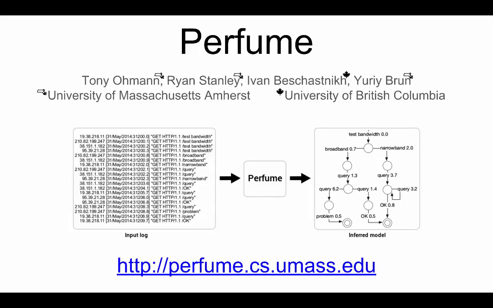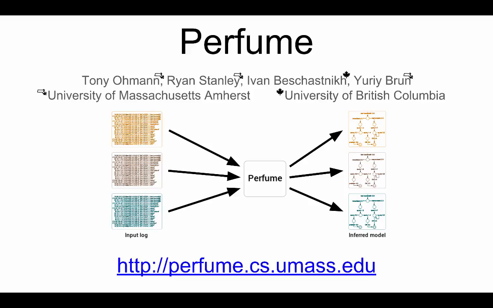Hello, this video describes Perfume, an online tool for inferring and visualizing concise models that describe system behavior. Perfume constrains its models based on the system's resource usage. Perfume helps developers understand and debug systems and is applicable to a broad range of resources like memory usage or network traffic. Perfume is open source and can be used in an online deployment at